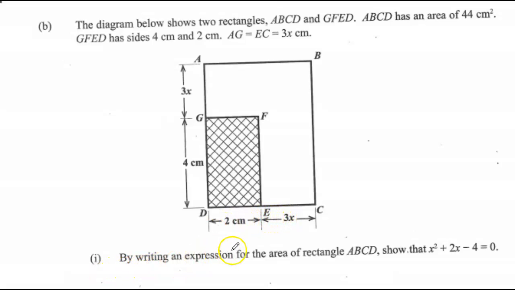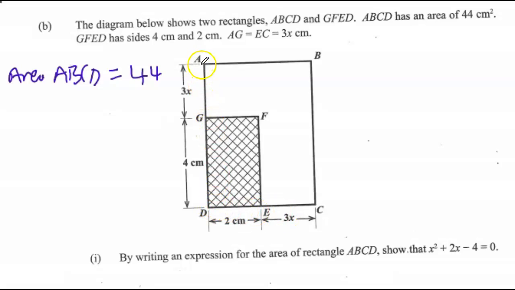By writing an expression for the area of rectangle ABCD, show that x squared plus 2x minus 4 is equal to 0. Now, the area of ABCD, we are told, is equal to 44 square centimeters. If I use this shape here, of course the area, if it's a rectangle, is length times